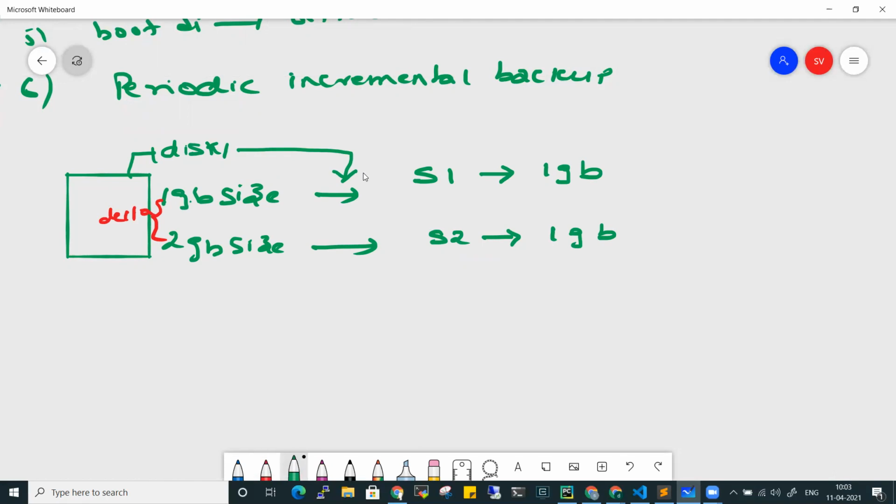Again, let's say after 1 week or so, you have increased it by 512 MB and the total is 3.5 GB. So here the increment, the delta, is 1 GB and here the delta is 0.5 GB. So when you take a snapshot again, snapshot 3, the size the snapshot will take is 0.5 GB only. Instead of the complete 3.5 GB, it takes only 0.5 GB, which is the delta to the previous snapshot. So by this, we can say that a snapshot is nothing but a periodical incremental backup for your existing disks as well as instances, right?